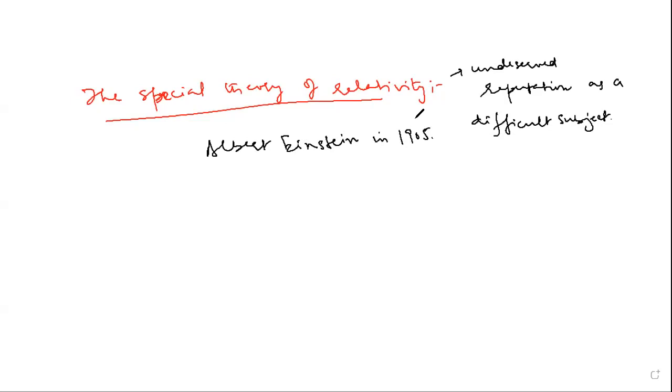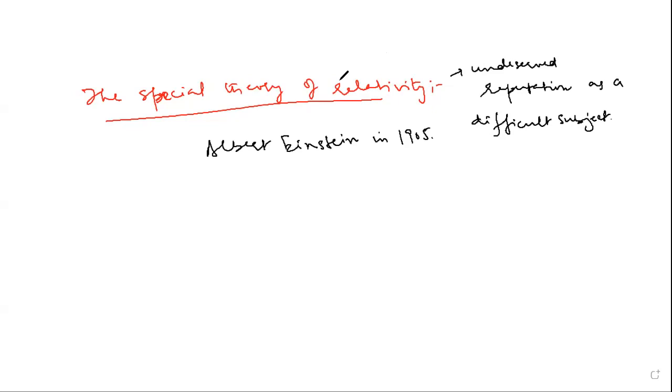Now, we will present in this unit of our course the basic postulates of Einstein's theory and their consequences. And we will introduce the mathematical techniques that allow measurements made in one frame of reference to be transformed in another. And we will be studying some of the consequences for both kinematics and dynamics, right? We shall start.